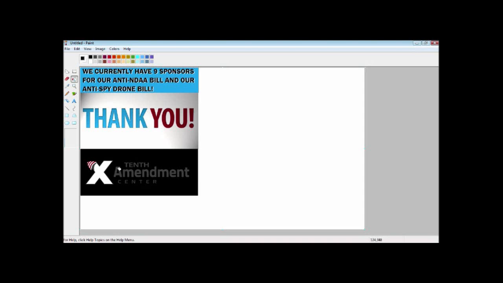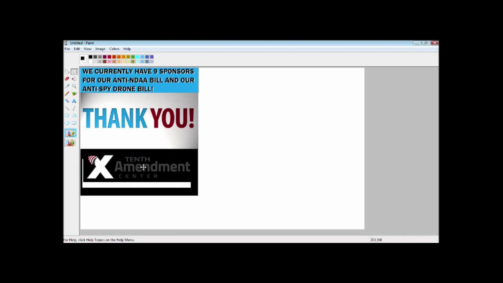So say you want to relocate your image. You got too much space around it. So just go to your select tool and then get it as close to the image as you can. Just drag it around your image, and when you're happy where you're at, release, and just click in there, and now you can move it around. So we'll move it up top,